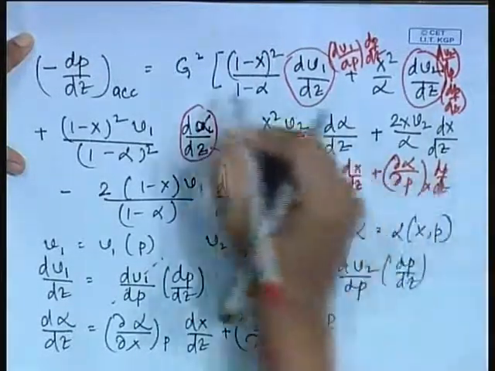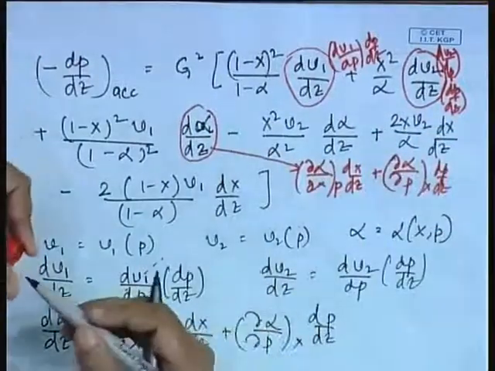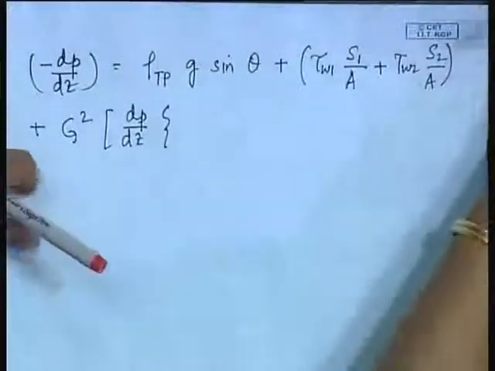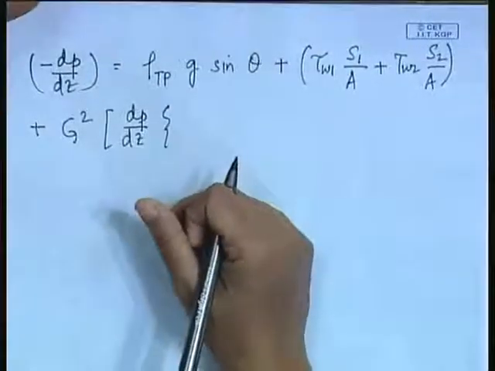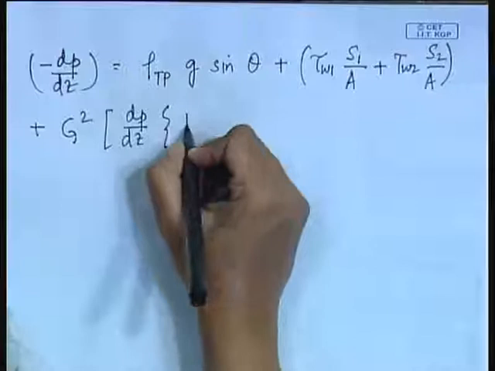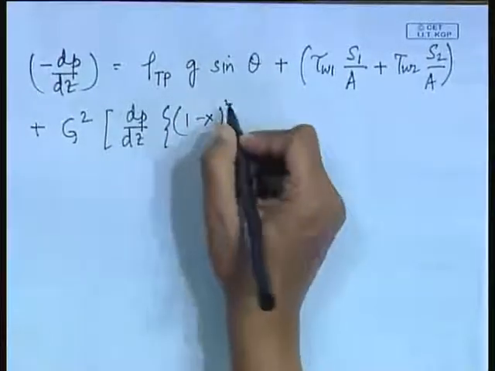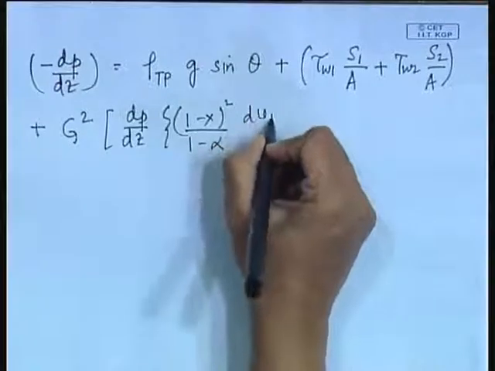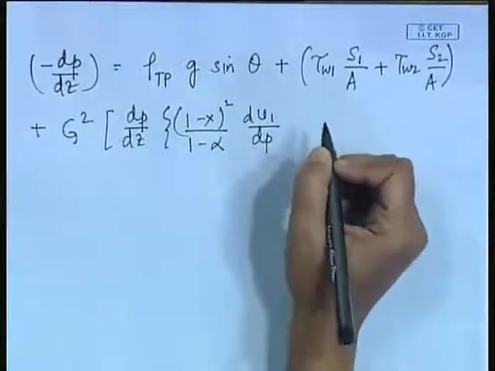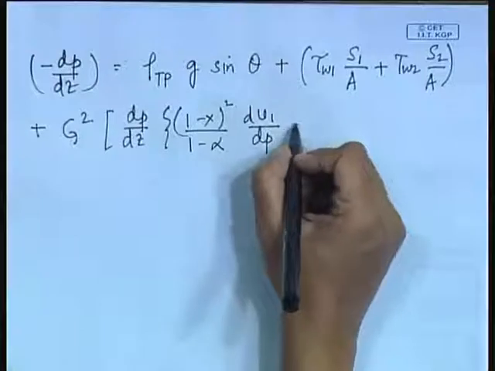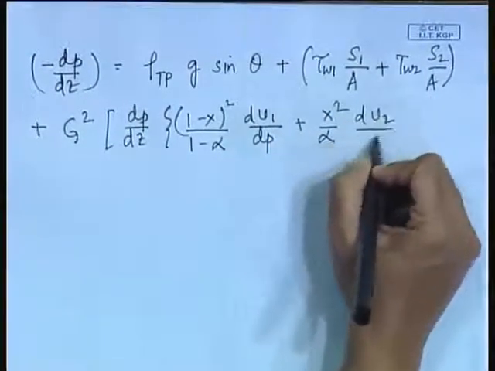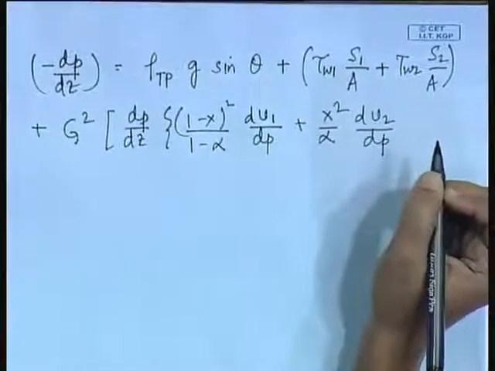So, we get dp dz related terms from here. If we write them down, this gives us 1 minus x. Compare with what you have got: one term associated with dv1 dp, and a second term associated with dv2 dp,